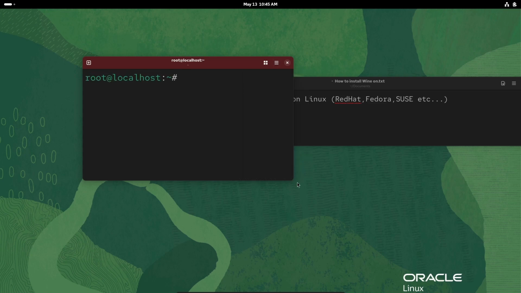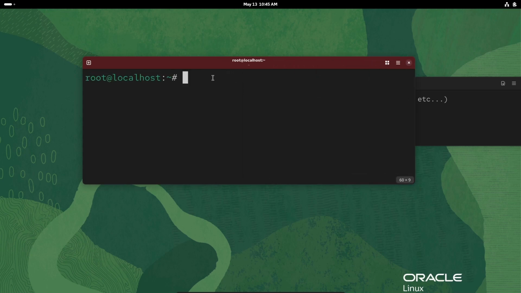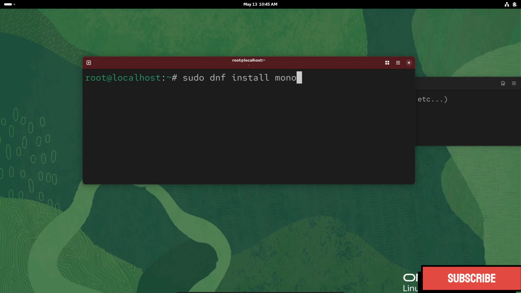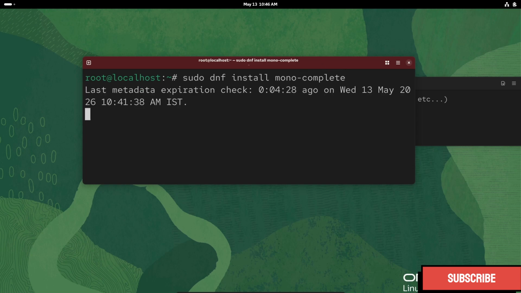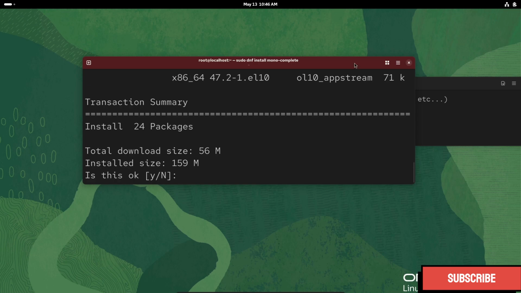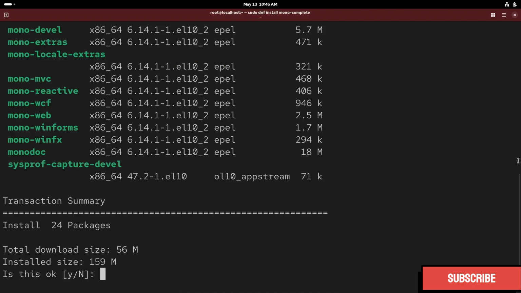Here, I'm going to write this command: sudo dnf install mono-complete. This is the command you need to use to install Mono inside Linux. Sudo dnf install mono-complete. Press enter, and now you can see here